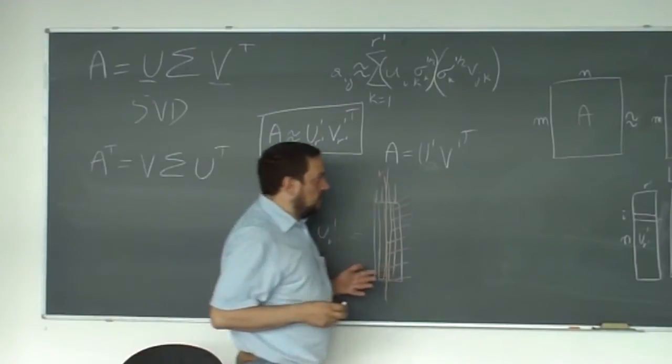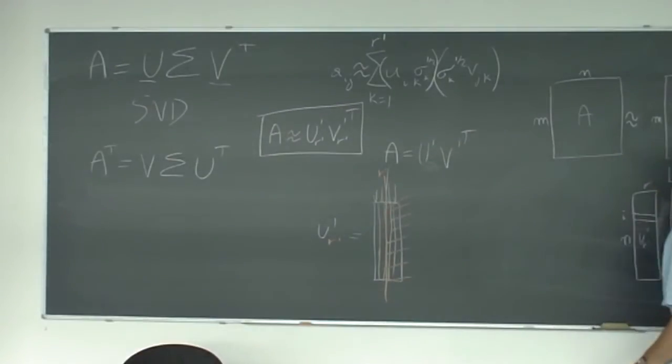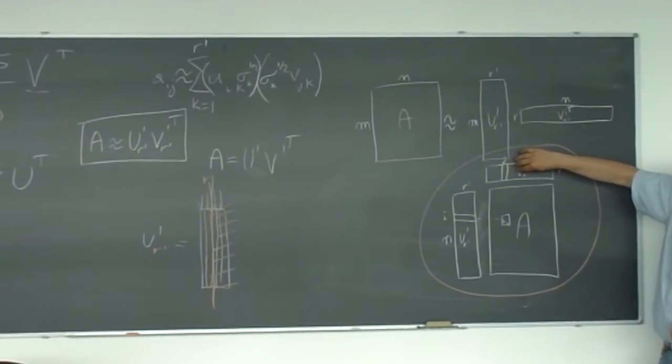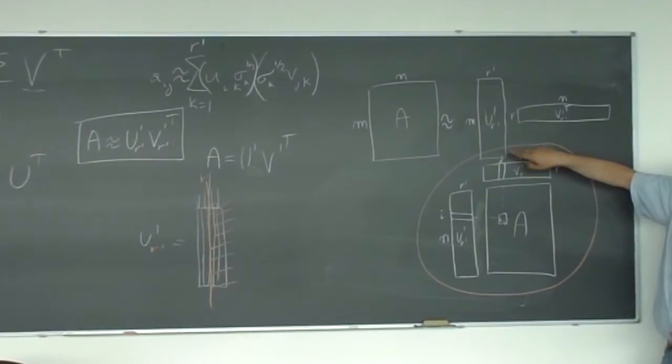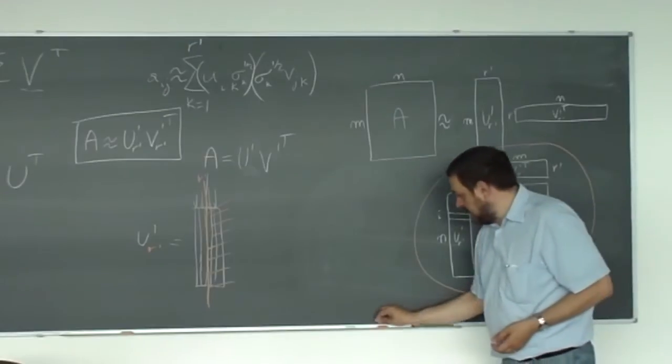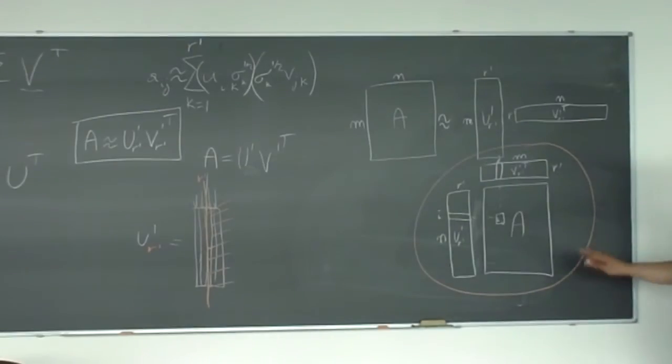And what you get is something like this, where an element Aij is the product of these two parts, meaning it is the dot product of one row of U and one row of V. One column of V transpose, meaning one row of V. Okay, from this drawing,